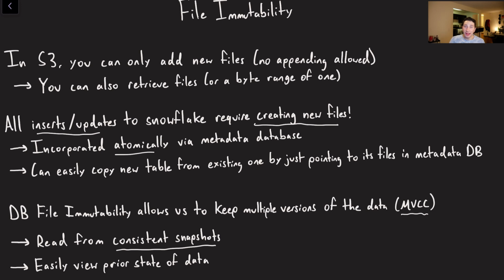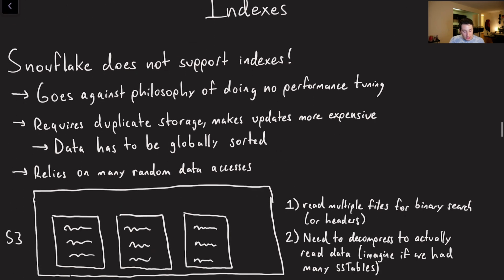Cool. Another nice feature of having a bunch of immutable files is that you can easily copy a table to a new table by basically just going to the metadata database and saying, hey, create a new table and have all of these pointers pointing to the same set of files. Now, if someone on the new table wants to overwrite some data, and you don't want that change applied to the old data, that's fine because files are going to be copied on write. And so you just have the new table pointing to that new file in the metadata database, and the old table continues to point to the old version of the file.